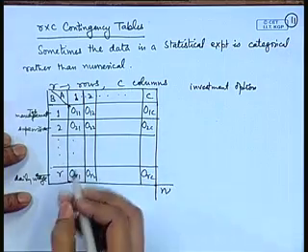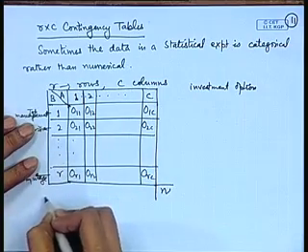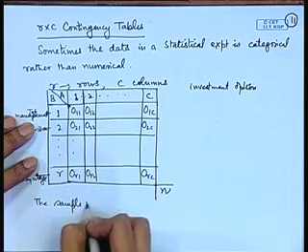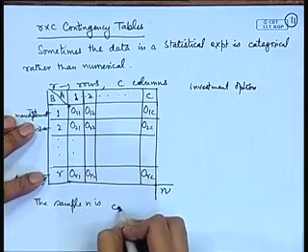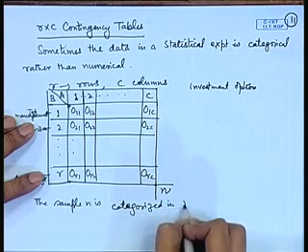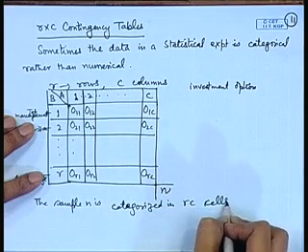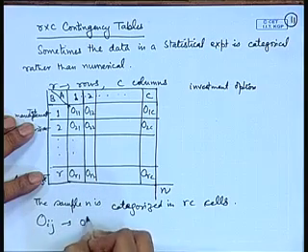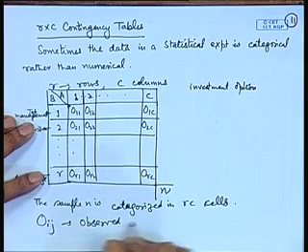So, this is the data, that is the sample n is categorized in RC cells, and Oij is the observed frequency